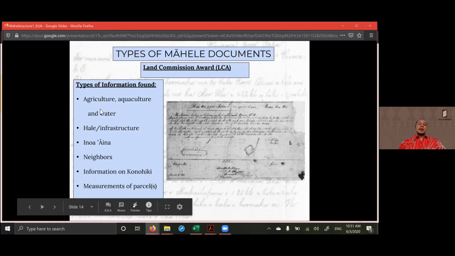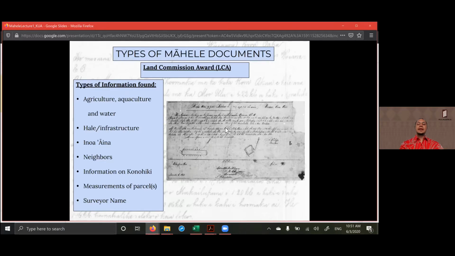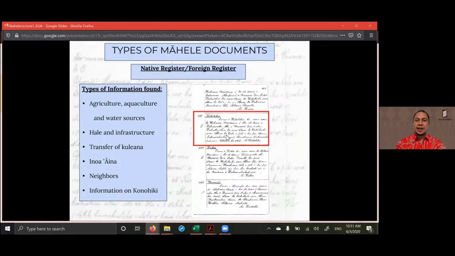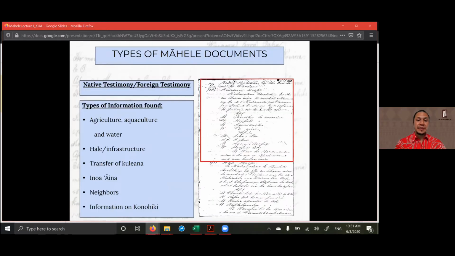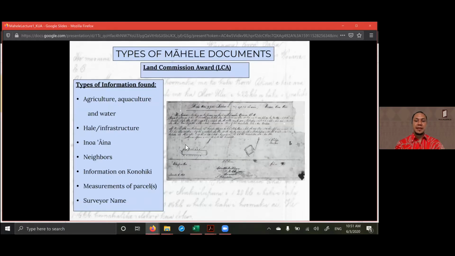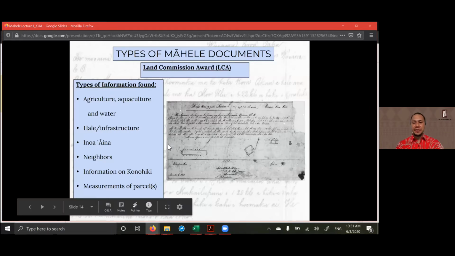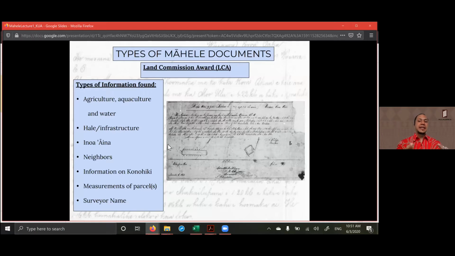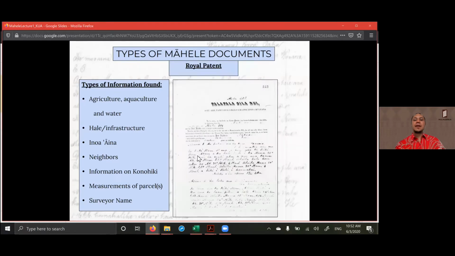So LCAs give you a lot of the same information as the other documents, though note that the documents vary. You're not going to find exactly the same information on each of these, right? So you have the claimant's document. This is a description of the aina from the perspective of the claimant. A testimony is a description of the aina from the perspective of someone else who may or may not know the claimant. Then the LCA usually reflects the same aina from the perspective of the surveyor. So all of these might have different details that you can put together as pieces of a larger puzzle. The royal patent, again, last document issued,